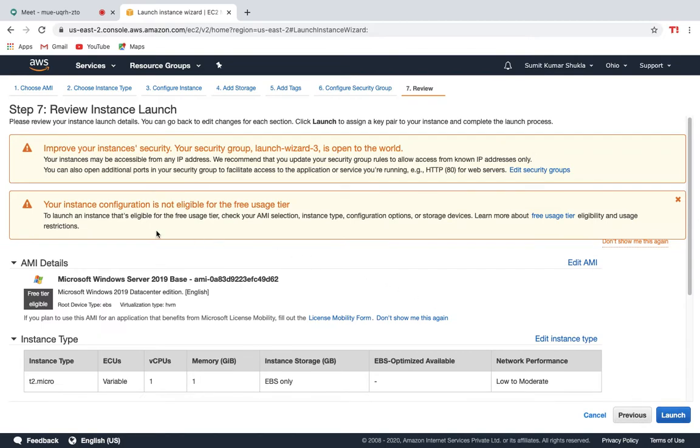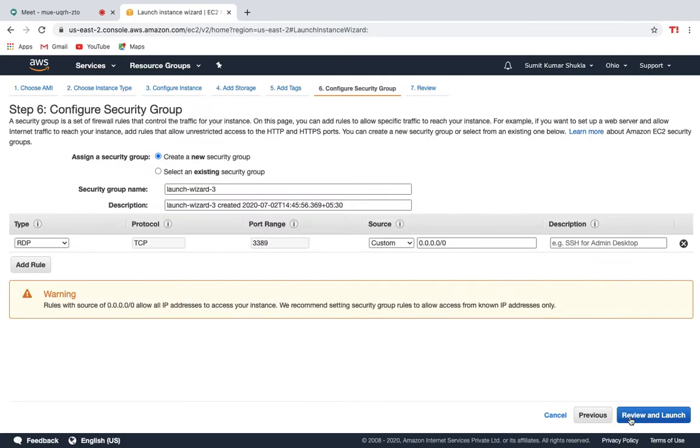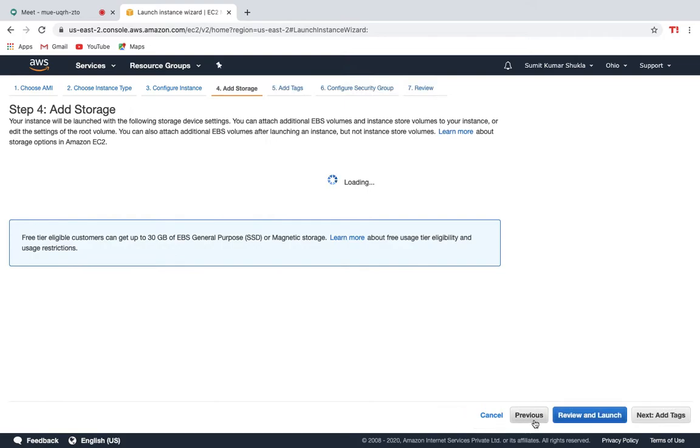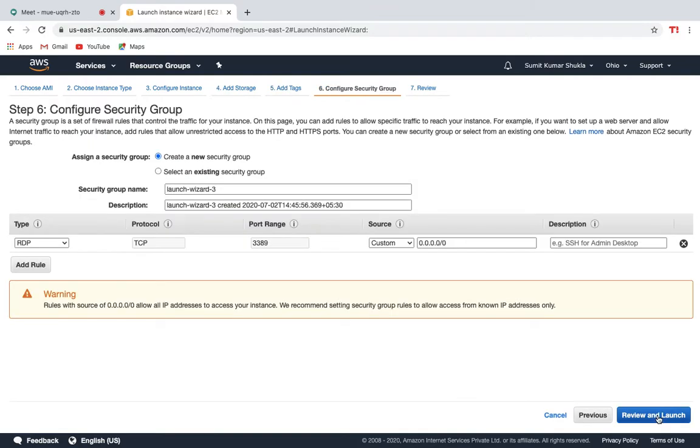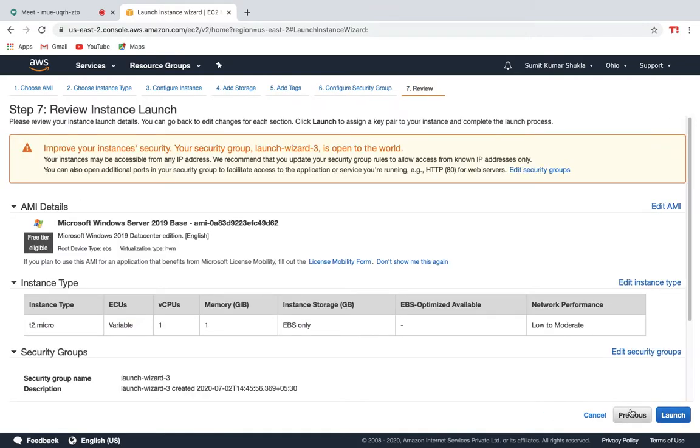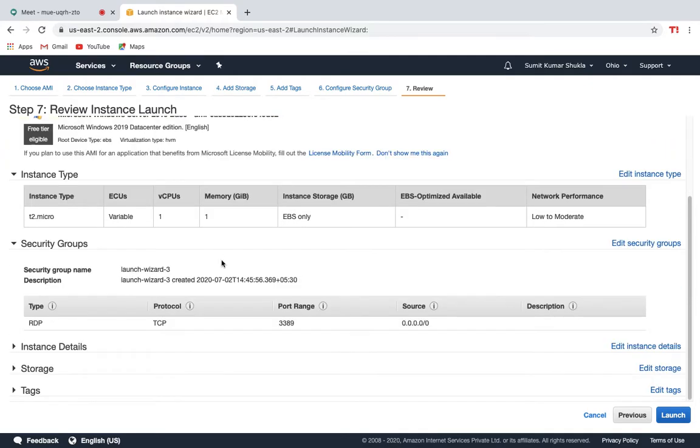So your instance, okay, let me go, guys, and let me make it 30 because I don't get this much space actually. So next, review and launch. Yes, so it says that you go and create your instance, so make it 30, guys, or else you will be charged, I think so. So your security group and so on. Fine, guys, everything is there. Don't check for anything, you have created everything.